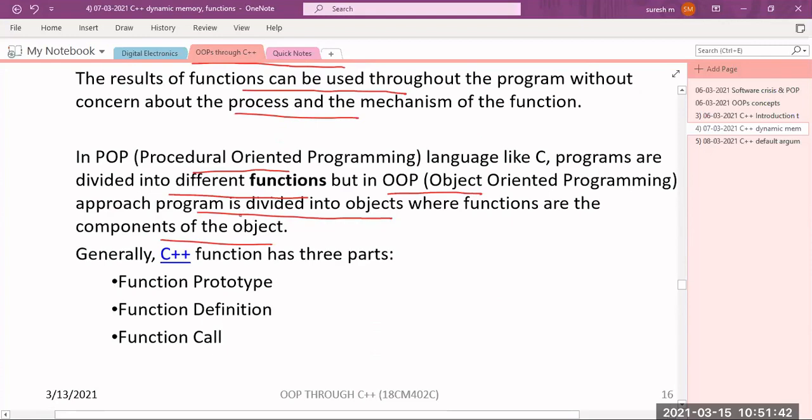Is this point clear to all of you? In case of procedure oriented programming, everything is a procedure or function. The entire program can be divided into functions. But in case of object oriented programming, everything is divided into objects, and within the objects I have both data